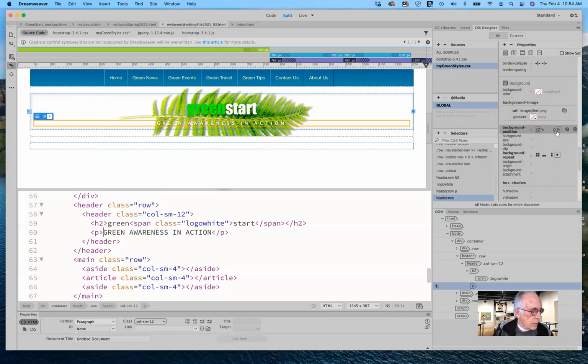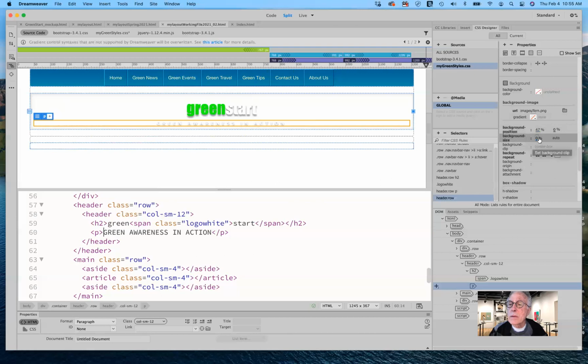Then the next thing we need to do is apply some other effects. But before I do that, I need to affect the scale. So let's change the height of that, the background size. Come on. I don't want it to be auto. I want it to be in percentage. So if I come back over here and use percentage, that shrinks to nothing. That's good. Now let's go ahead and change this, and it should be about,